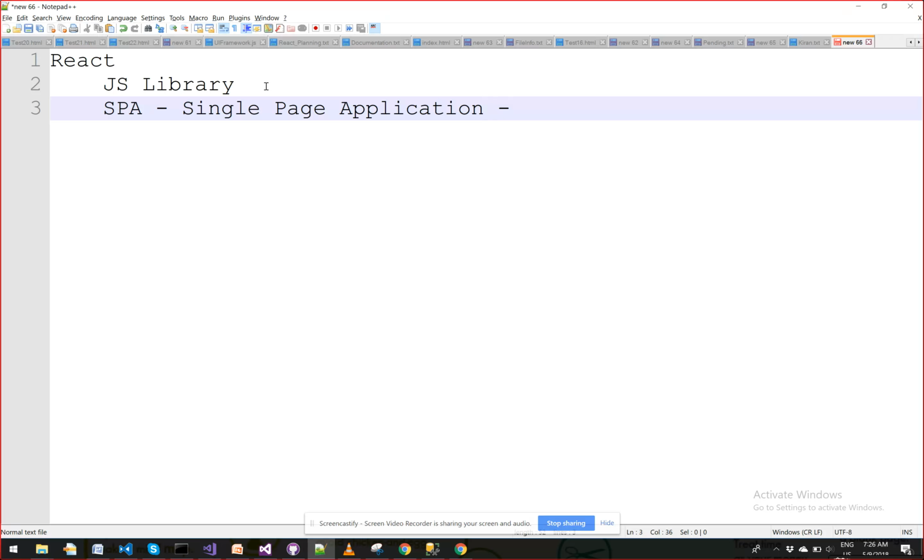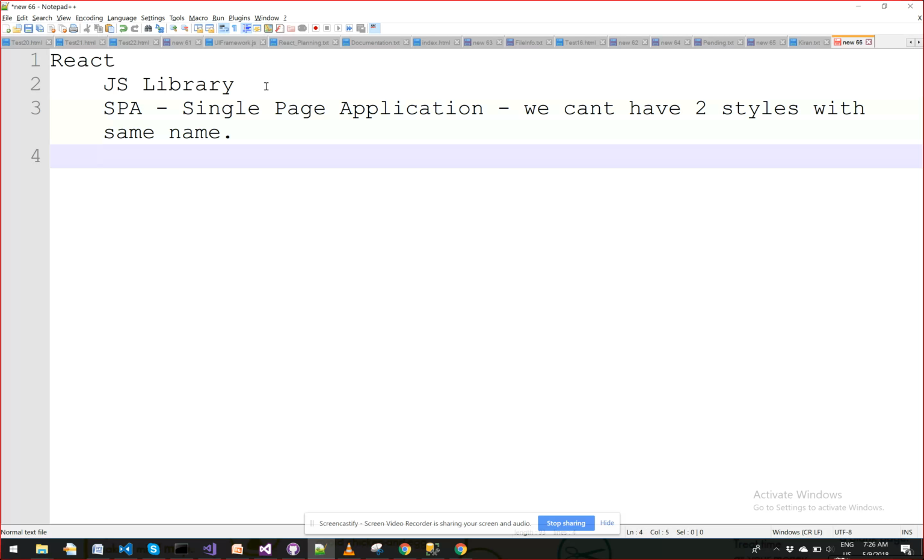That means you cannot have two styles with the same name. Right? Okay. Because ultimately we are going to render only one HTML, one CSS, one JavaScript. For example, single page applications like AngularJS. That is also a single page application,